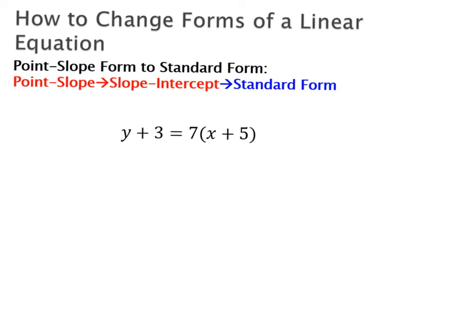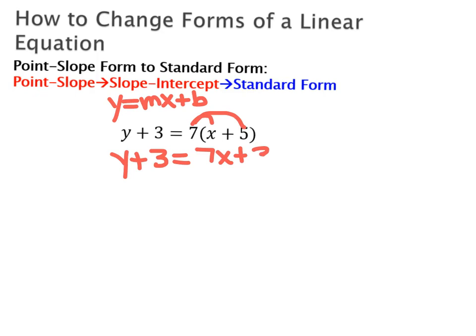In our last example, we're going to change an equation from point-slope form into standard form. So we're going to start with our equation in point-slope form and first change it into slope-intercept, which is y equals mx plus b. So in order to do so, we'd first distribute our 7. So we'll have y plus 3 equals 7x plus 35. Then to finish getting y by itself, we would subtract 3 from both sides to get y equals